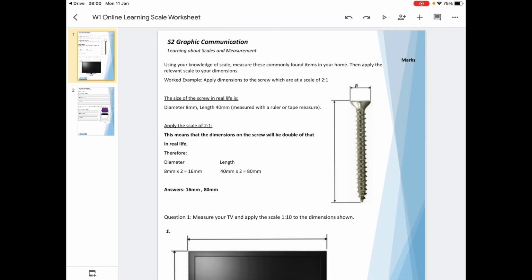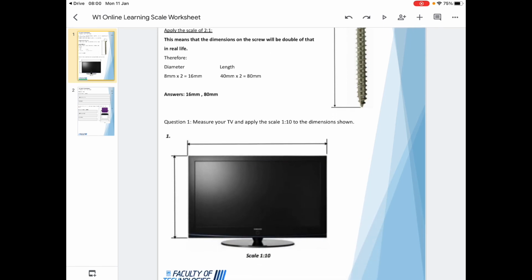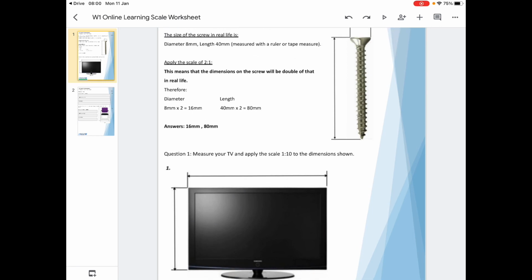So the next stage in our lesson is to apply the scales you've been learning about. So you'll need to use this worksheet, which you'll find on your Google Classroom page, and you're going to start applying the reduction scales and the enlargement scales to some household items. So you're going to need to look around your house for some of the items that are shown here, and then you're going to measure them, and then you'll apply those scales, and you're going to add in the correct